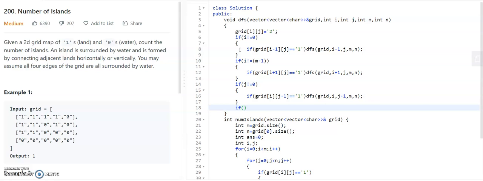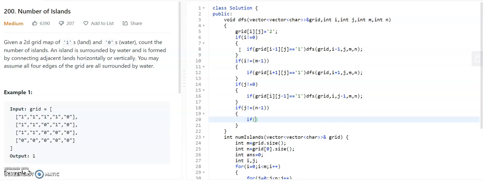That j should not be equal to the number of columns minus 1, n-1. So if j is not equal to n-1, and grid of i, j+1 should be 1, right? So is equal to 1, then DFS of that position, m, n.